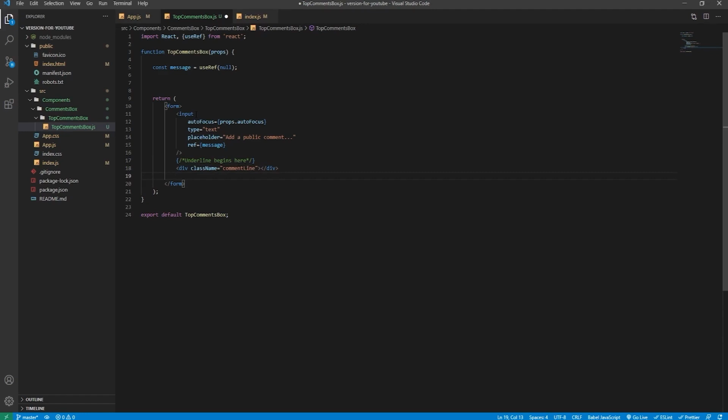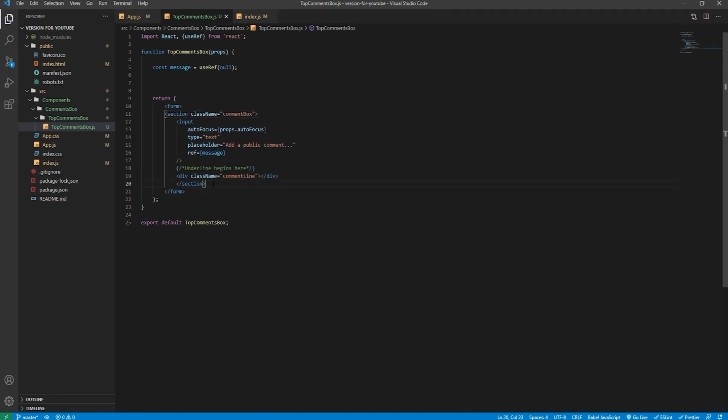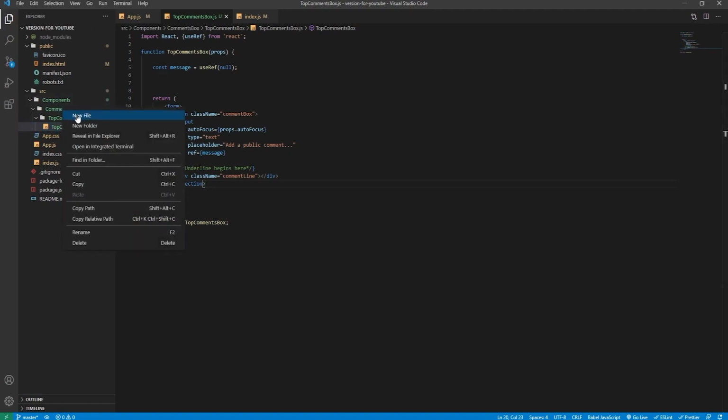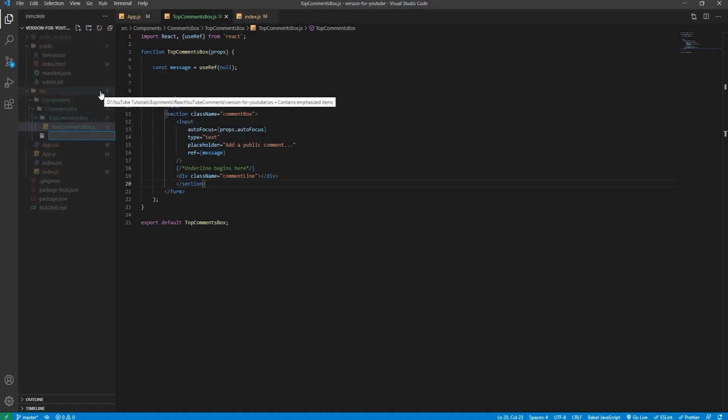Below this, actually we need to contain all this text in a section, so we could separate it out from the buttons. We will give it a class name of comment box. So before we create the buttons, I think it's a good time to do the styling for the comments box. It's inside the comments box folder, not the top comments box folder, just the main one. We will create a new file called